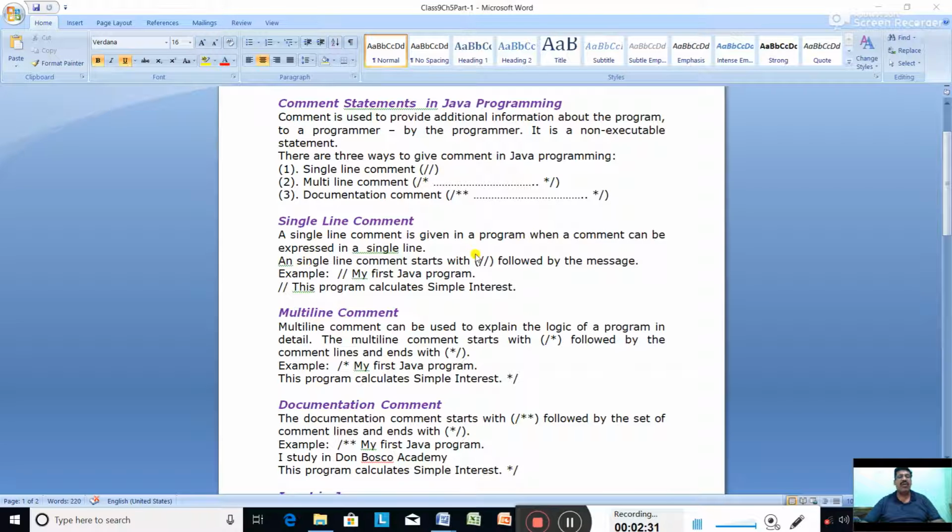So a single line comment starts with which sign? Double slash sign, followed by the message. Let's see here. I have shown here two comments. First comment, single line comment sign, my first Java program. Then second one, this program calculates simple interest. Like this, you can give the comment.